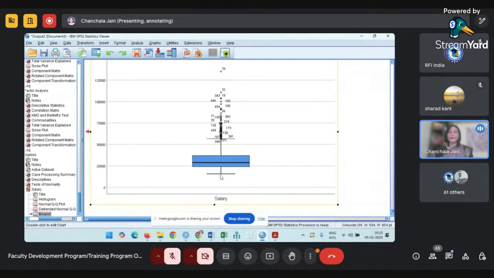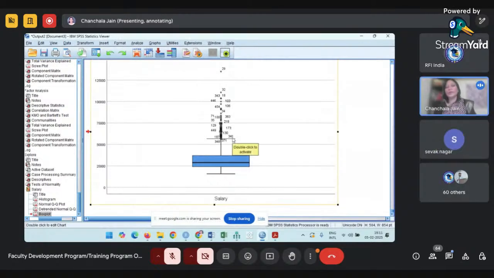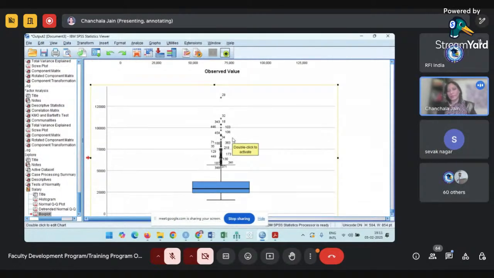At the lower side, from the lower whisker, I can find there is no outlier available. But at the upper side, there are so many outliers, right? The asterisks are the significant outliers. That means your data is dominated by outliers in the case of salary, and that is why it is creating a problem for the normality of your data. If you can drop them, maybe there can be a little improvement in the normality.